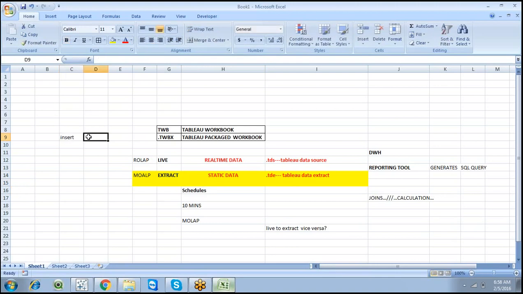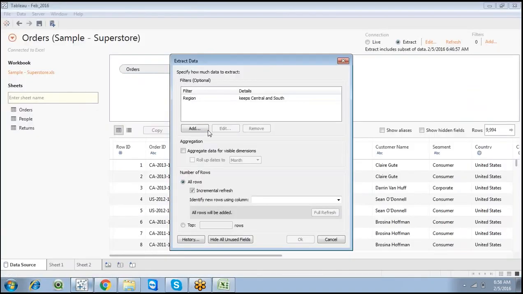How does the functionality work? Normally in Tableau, I want to load a new record. If you want to load a new record, this is only for extracts; no need to go for incremental refresh for a live connection, because a live connection is a direct connection.